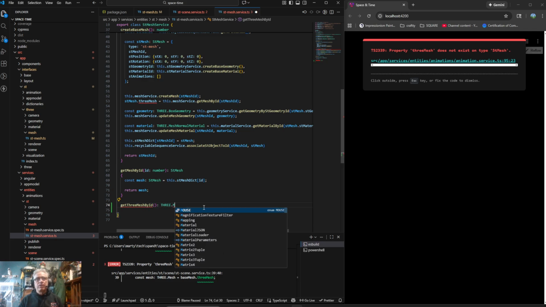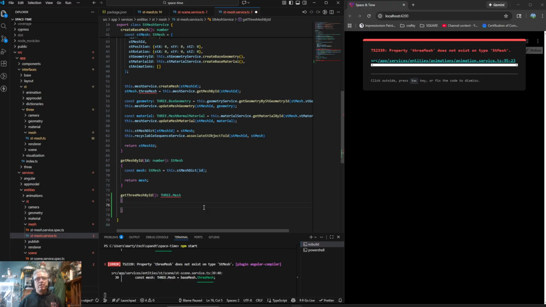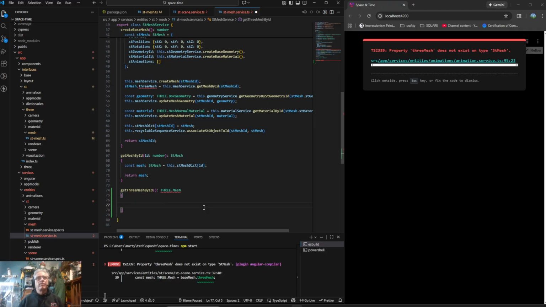This returns a 3 mesh. I believe that's how we want to do that. And then I usually, in this one, okay, so this one I'm putting these on the next line. And then this will accept an ID, which is a number. And then it will go to,